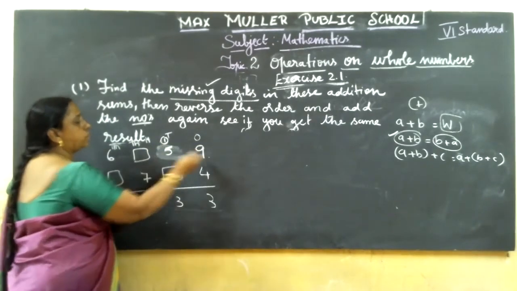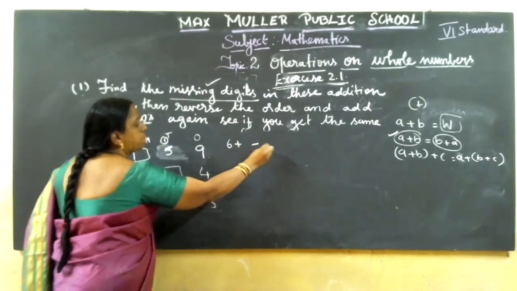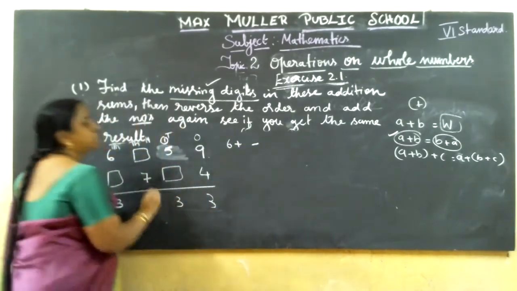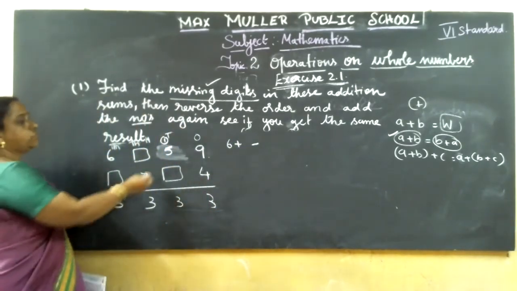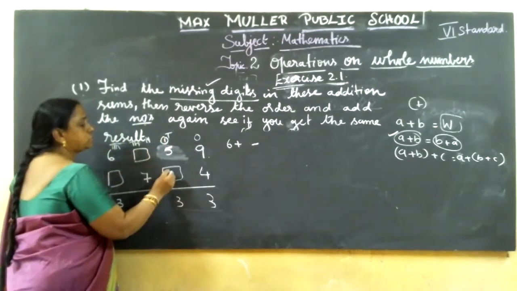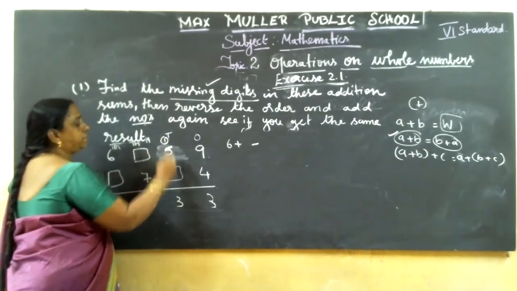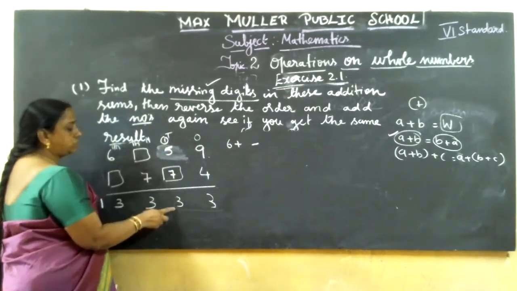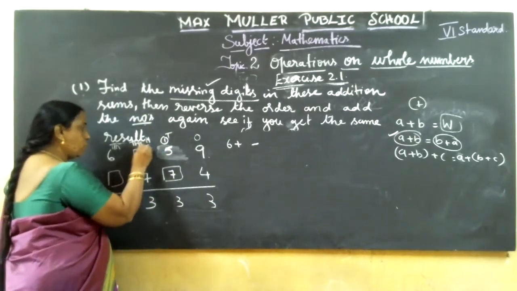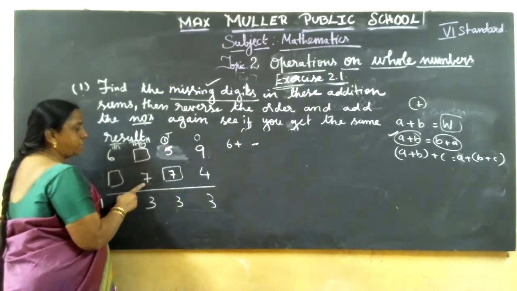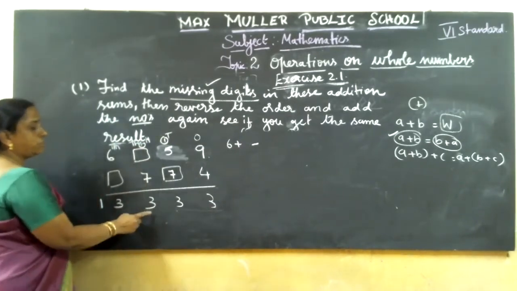5 plus 1 is 6. 6 plus what number, if you add, will give 3 here? 3 means more than 10. So here 6 plus what gives 13? 6 plus 7 is 13. Yes, 7 you can go. So now 13, 3, 1 carry over. 1 carry plus 7 is 8. You should get 13 here also.